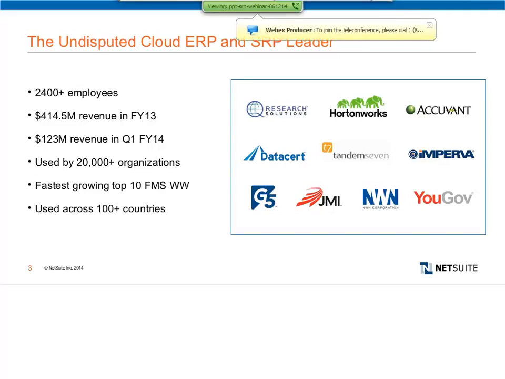On the right-hand side of this slide, you'll see a number of the customers that are already using the solution that we're going to talk through today. What you'll see is not only are these great brands, but these cover a variety of micro verticals, from software to consulting to research to IT services. Really the common theme here are organizations with strong people and project-based orientations.